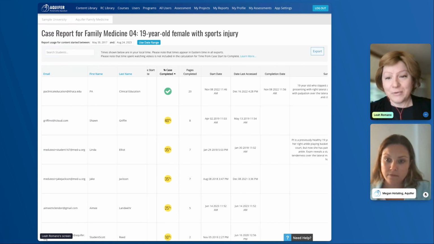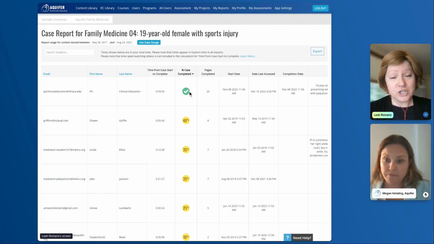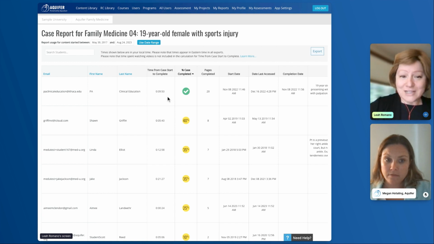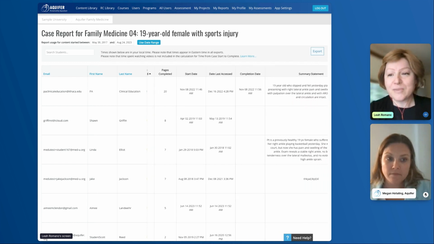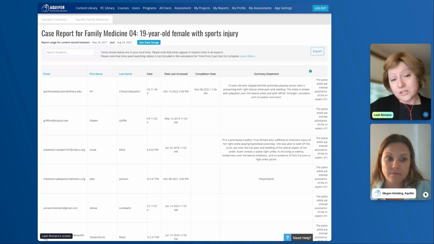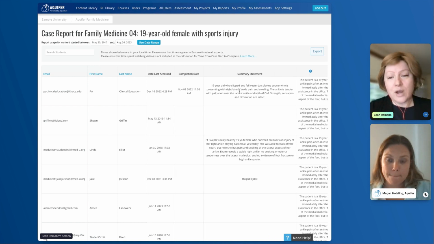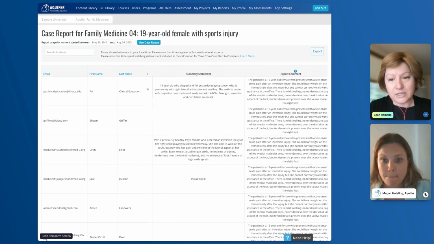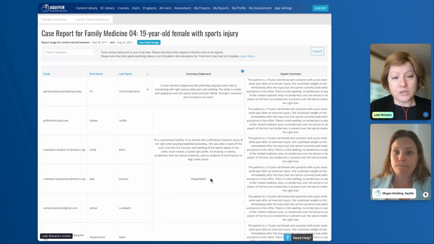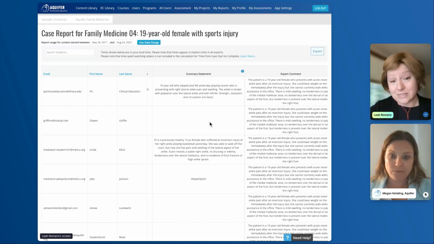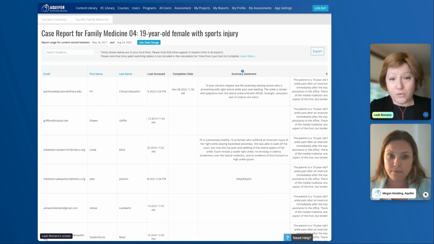So for example, the student at the top, though it's a green check mark, they've completed the case, they completed it in less than 10 minutes. Most of our recommended time is higher than that, so that might warrant a conversation, or they might reset this case. This is just an example. And then on the far right, we also track for the questions and for the cases that ask the case summary question, we track that here. So we track what the student wrote and compare it to an expert comment, and you can see that here. If they wrote gibberish or left it blank, you can also see that. So this is a detailed report for you.